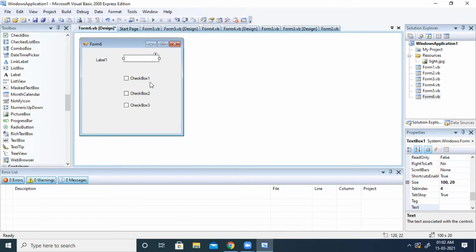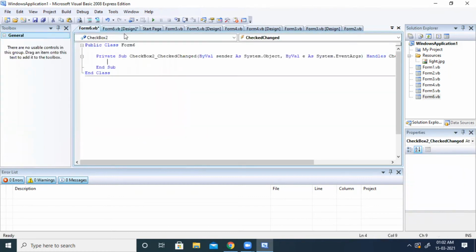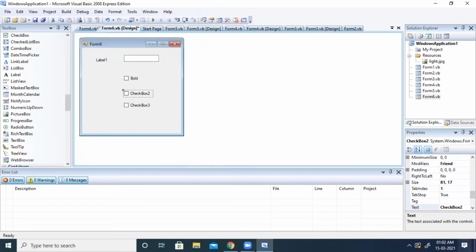So for that, let me set the text for these checkboxes. Here I am going to type bold, italic, and for the third one I am going to type underline.